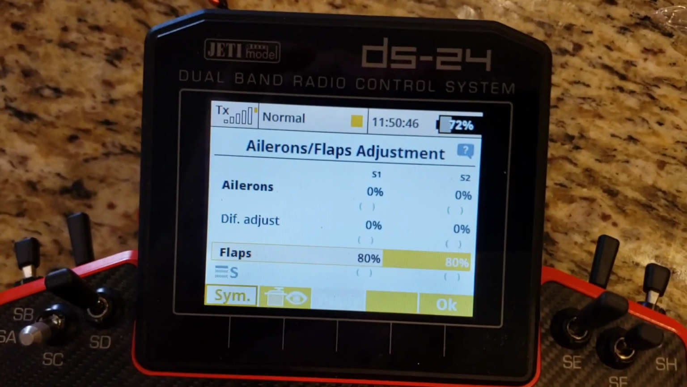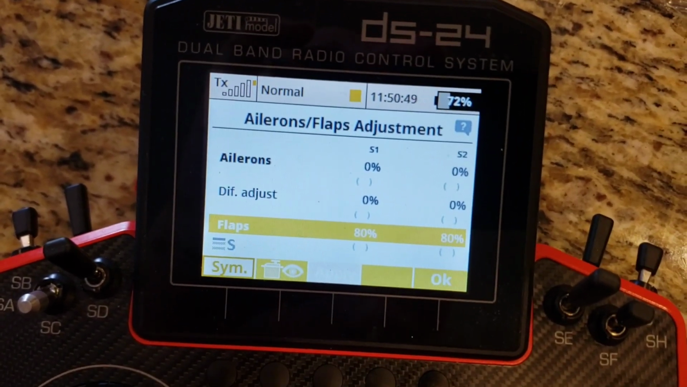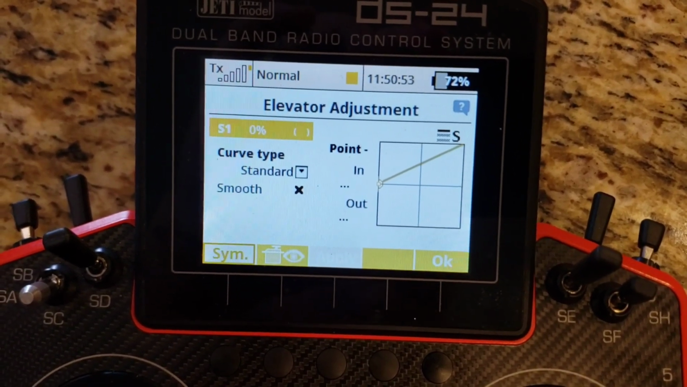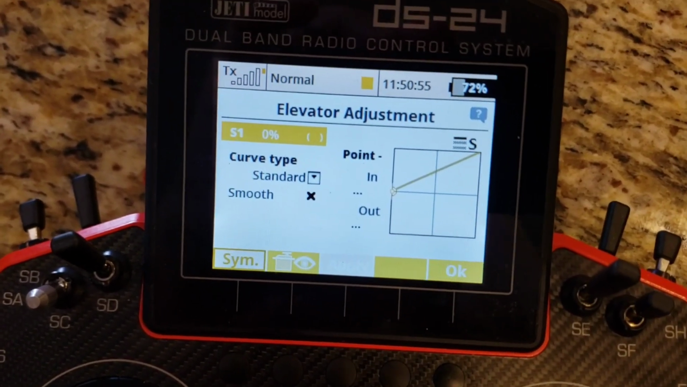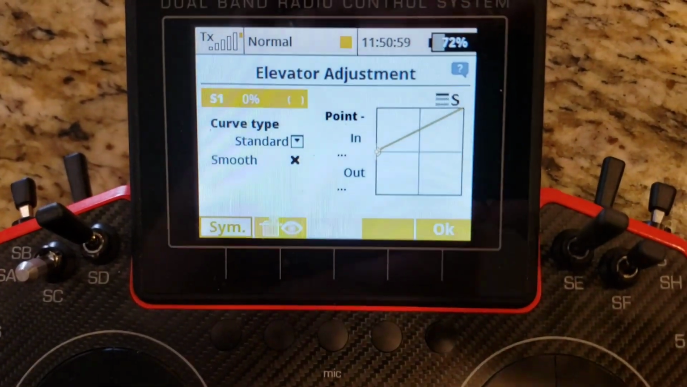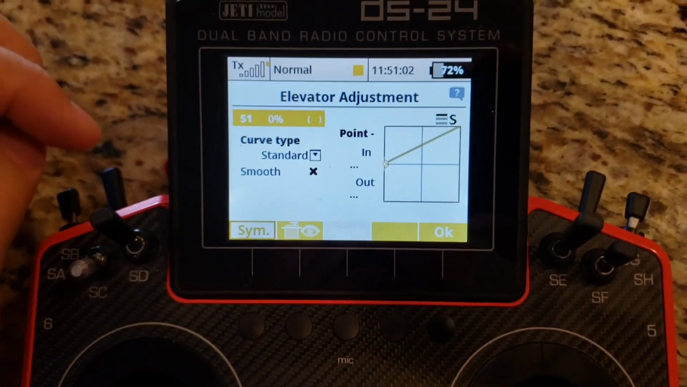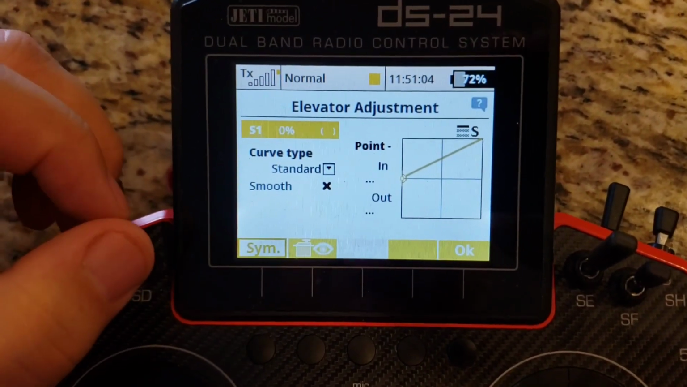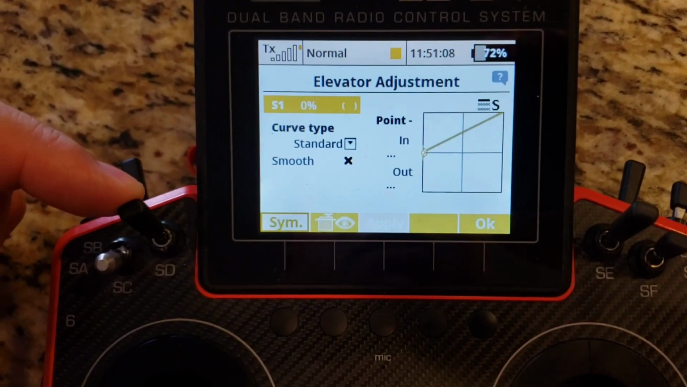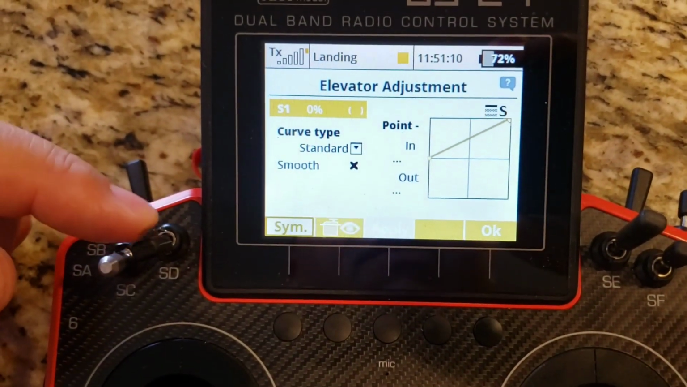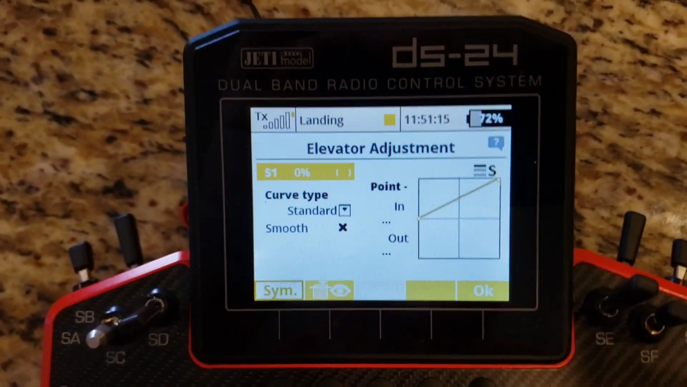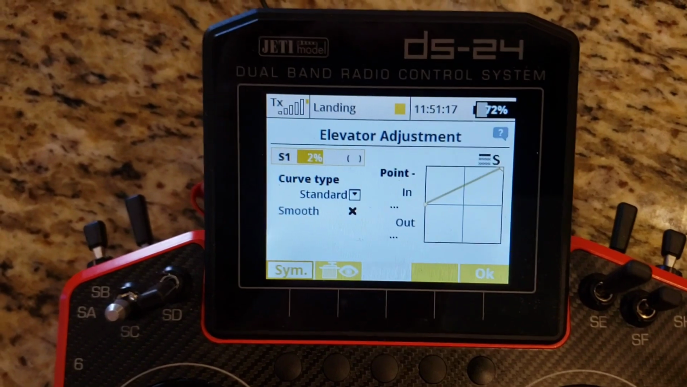Now, not uncommon, a lot of models will need to have an elevator adjustment. So let's just say for display purposes, we need 25% elevator compensation for full flap. That's probably extreme, but it's just so you can see how it works. So we're going to put the switch in the position that we want to adjust. Flaps full. Let's go to 25%